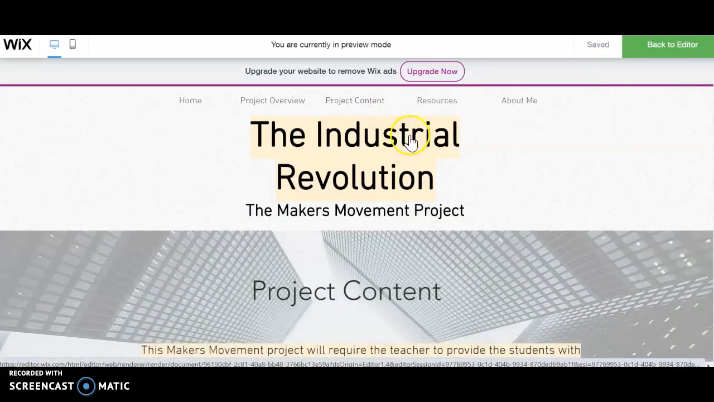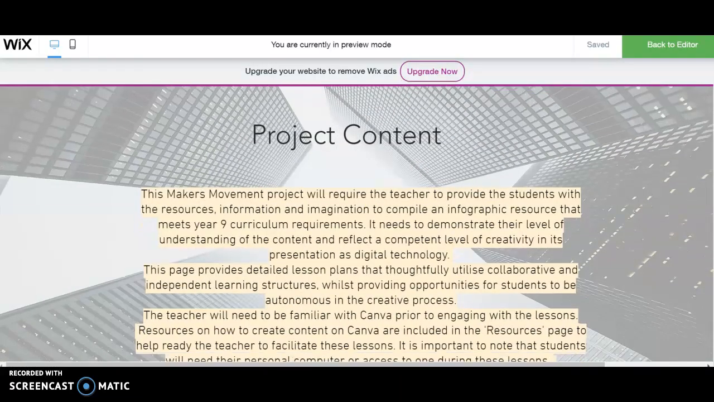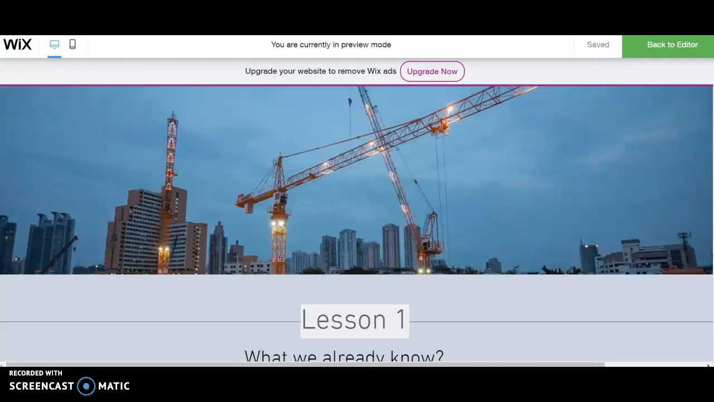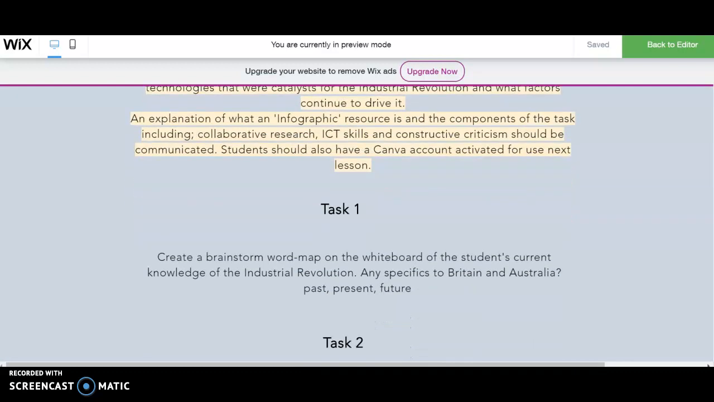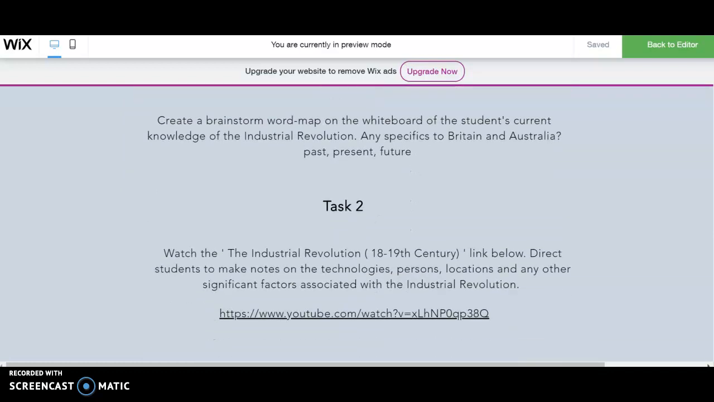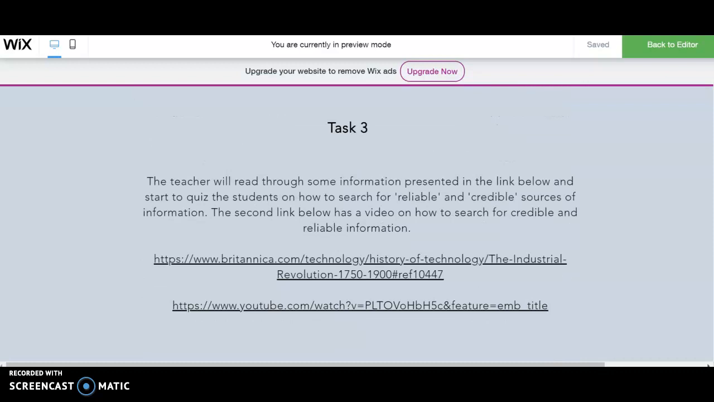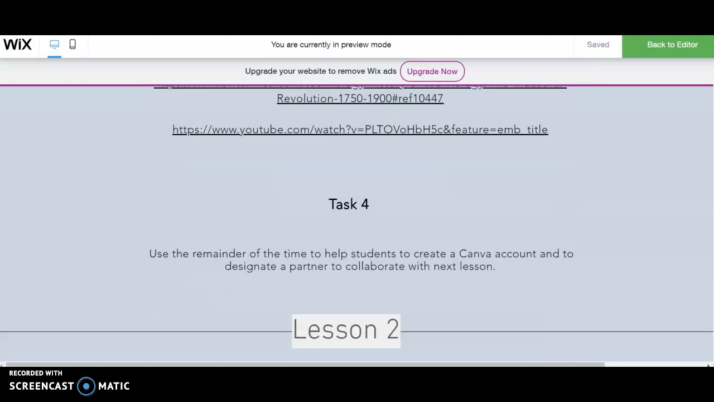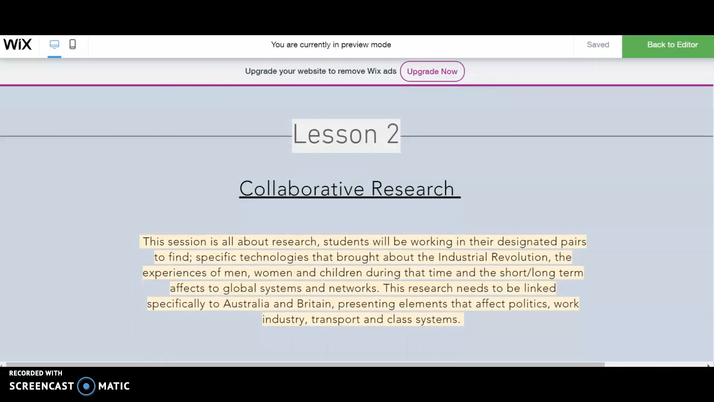These are all the lessons I have laid out step by step, basically task by task, going into how to deliver this content. There's a bit of a discussion at first, a couple of media links to give a gist of what happened during the Industrial Revolution. But a lot of these lessons involve collaborative research,